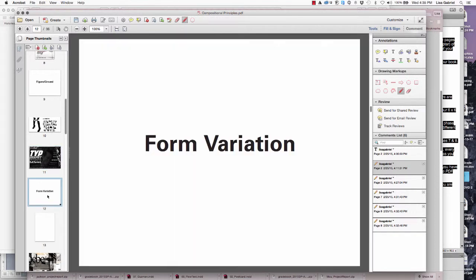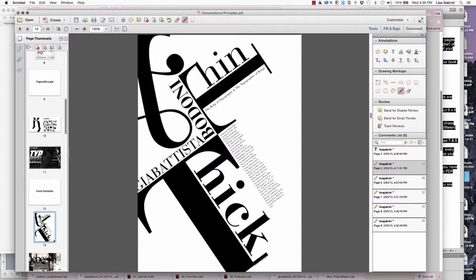Okay, form variation. What is form variation? Well, what this is showing us here is we have several forms. We have this decorative script letter form up here. That's one form. We also have this serif character here, and we also have that same serif character here. These are all considered forms, and because of the thin and thick of these forms, such as over here,